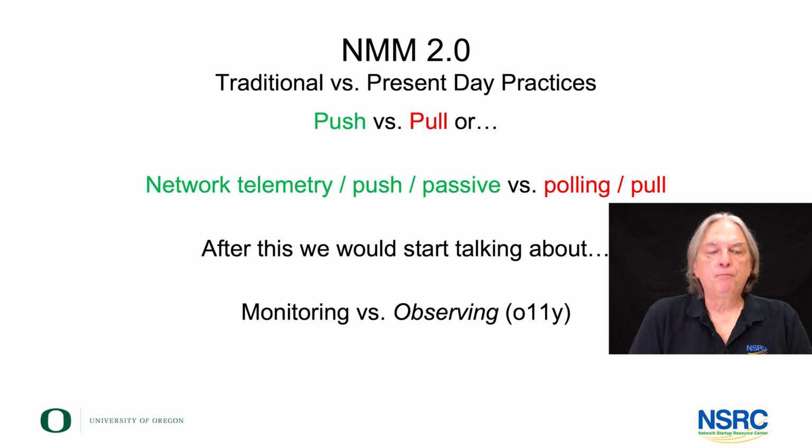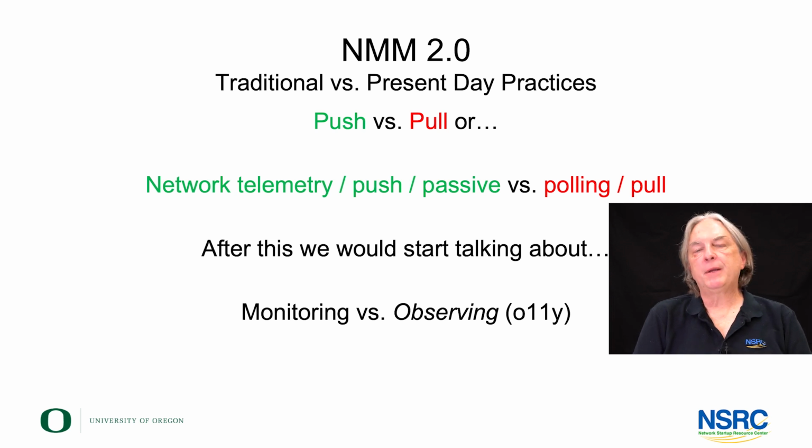So once we talk about present day practices of the push versus pull concept, network telemetry versus old school polling, another area of discussion is monitoring versus observing. You'll note that I put the O11Y acronym down, and that's just a short way of saying observing. Essentially, observing is more freestyle, might be one way to put this, meaning we observe what information is outputted from our natural environment, such as our network, and we do not worry about the details of exactly the metrics we are trying to gather, but we're just gathering everything. We observe that, we look at that raw data, and we can derive conclusions and get information from that.